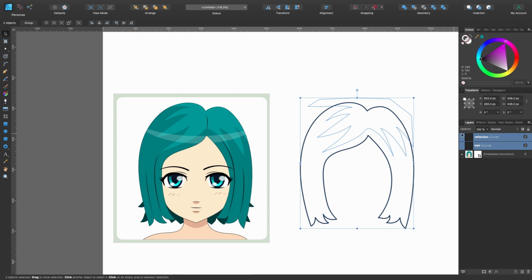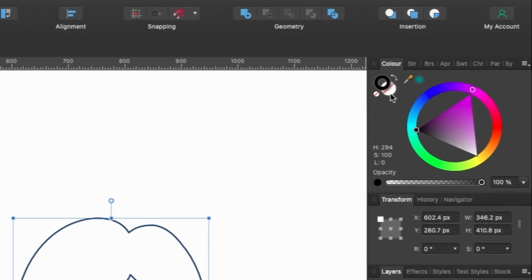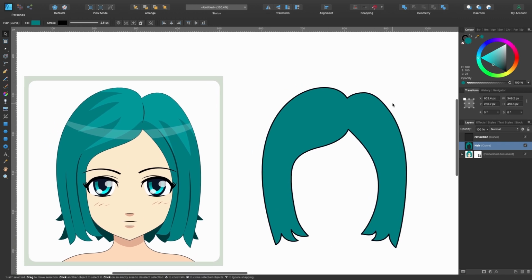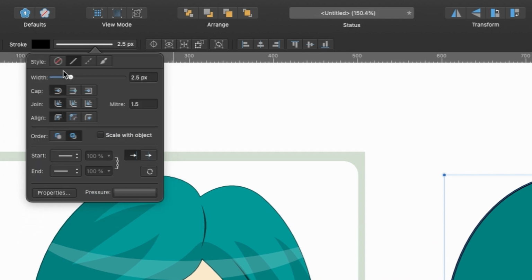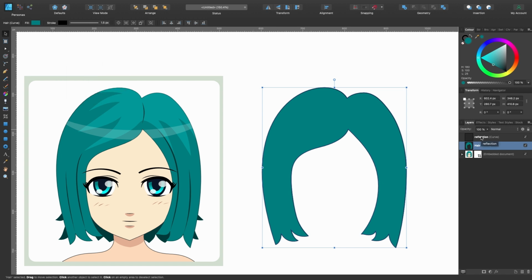It's going to be a very easy process for this one because there's not many colors in this. So with the hair selected, go up to the color tab here and we'll use this color picker tool. Click and drag across and that's chosen the color. I will head over to the fill. So click on that, and there we go. It's filled it correctly. And our stroke is a little bit thick, isn't it? Let's sort that out. Let's go up to the width of the stroke and just bring it down a little bit, 1.5 pixels there.